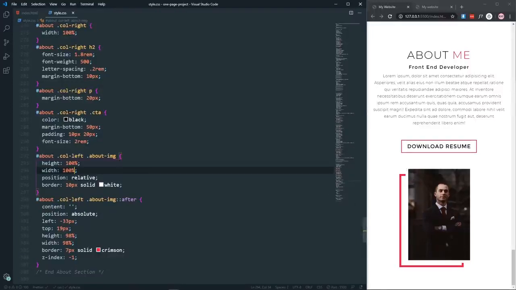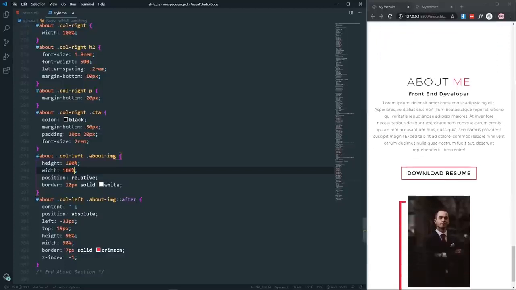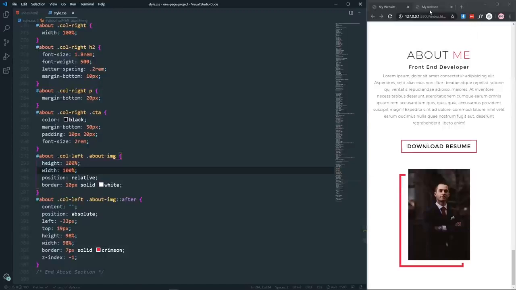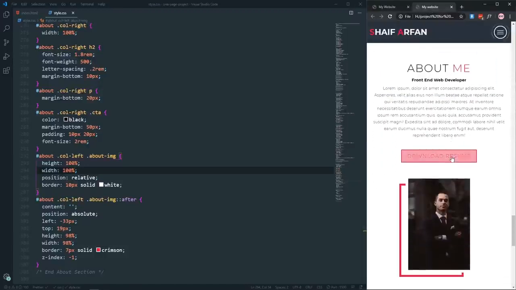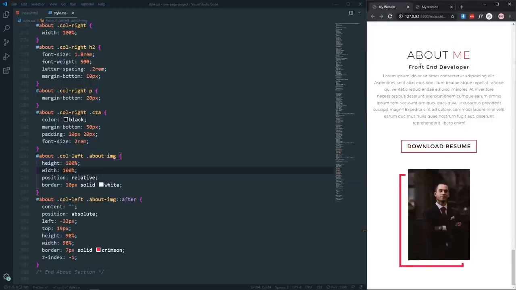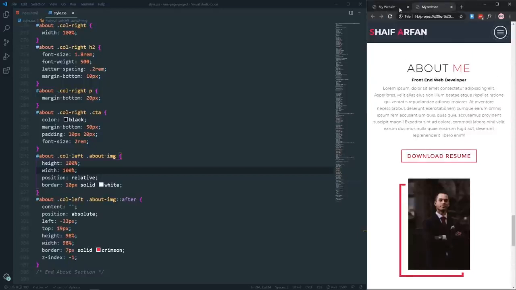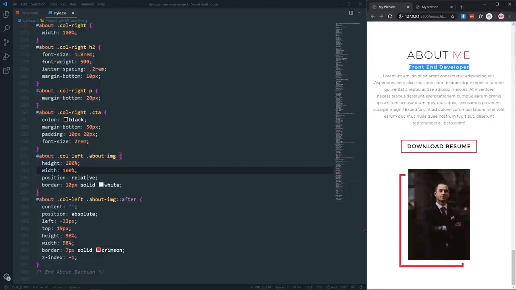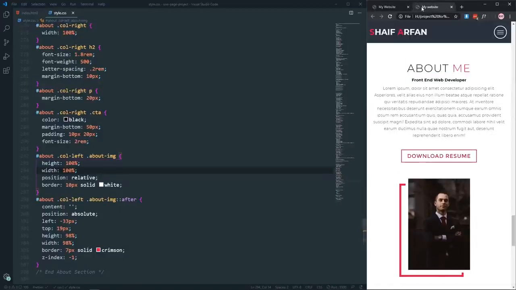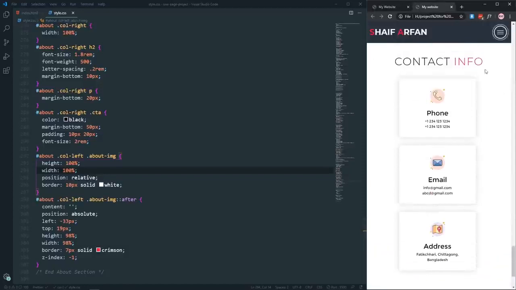So that's fine, looking good. The about me section is kind of done, as you can see. After this one, it's looking similar. We can make the h2 look better. Yeah, that's looking better. After that, we have this contact info section, where we have these three sections